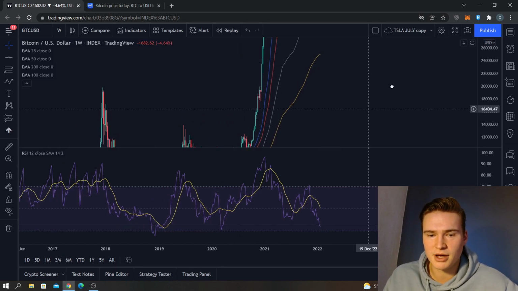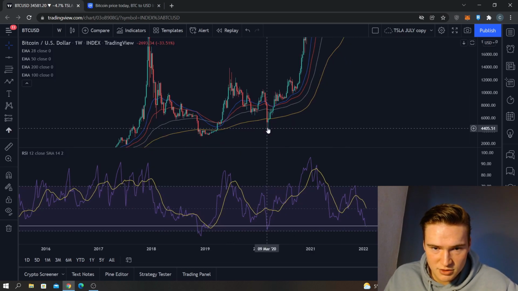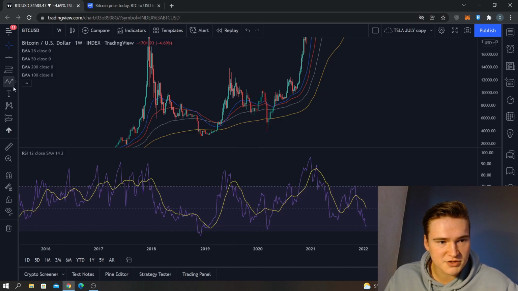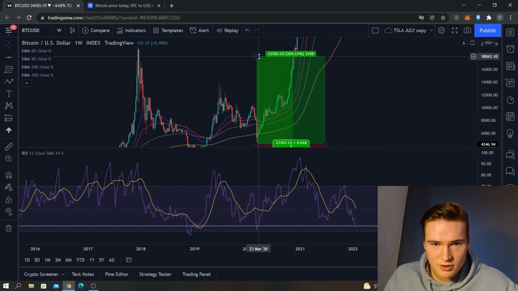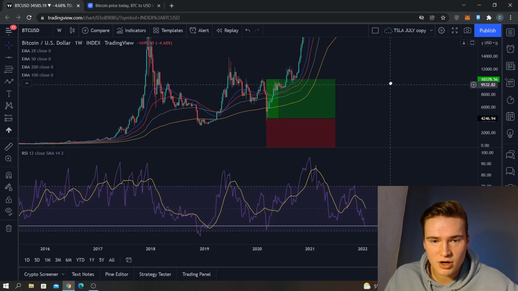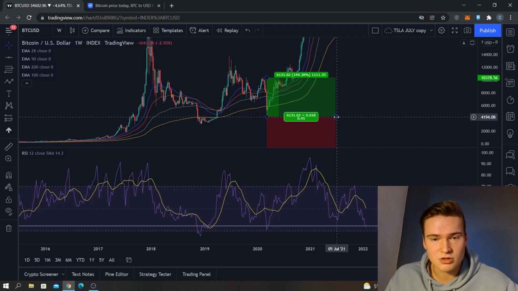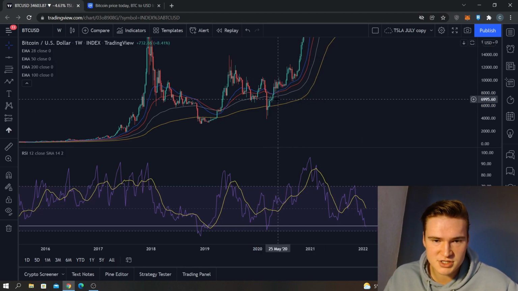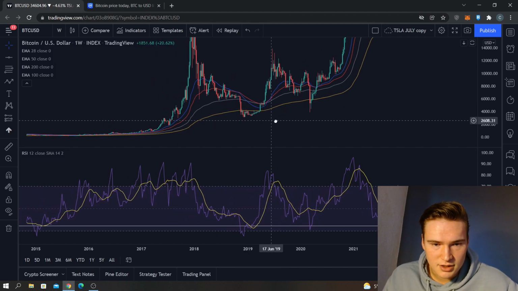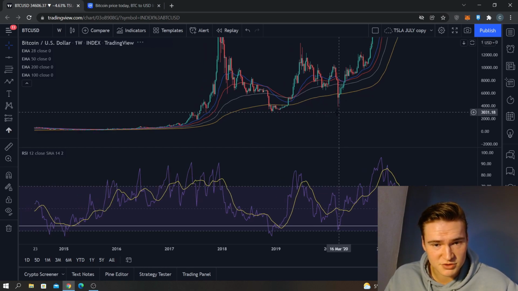Let's go back in time to every time we reached that level. First one being right here. This would be the candle where we reached it, and after that we had quite a big gain, the initial move being 144% from the beginning of March up until the end of May. That's around 2.5 months. That's the first time we dipped below that in the history, at the beginning of 2020.